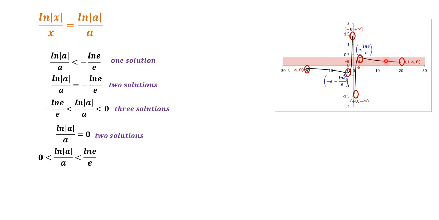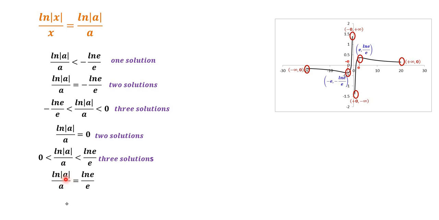So you will say there will be 3 intersections. One is on the negative side and 2 will be on the positive side. So 3 intersections and 3 solutions. So when